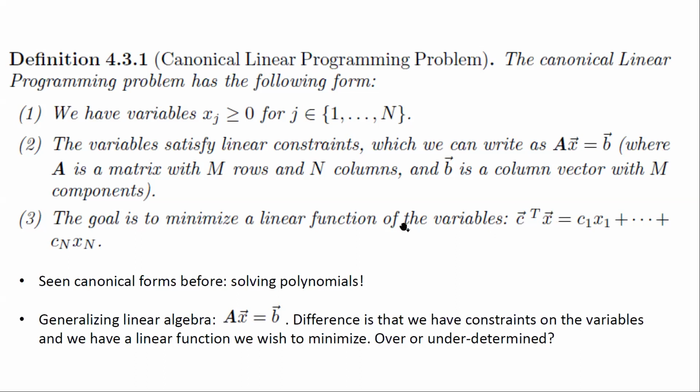So if instead of minimizing, we want to maximize, all we do is replace this function with negative c transpose x. And if we replace it with negative c transpose x, then minimizing that is the same as maximizing the original function. So it's actually not that hard to go from minimizing to maximizing. For the variables being non-negative, there are games that you can play as well, and it turns out that that's not really too restrictive of a condition. In many problems, it's physically represented